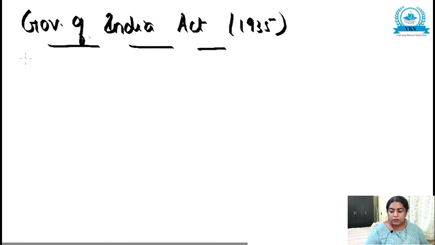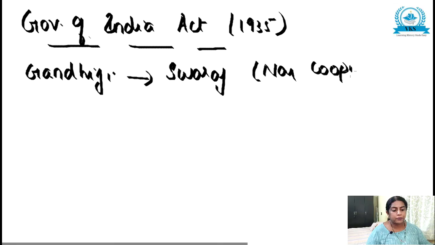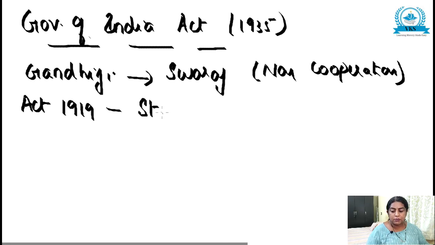So, Congress under the leadership of Mahatma Gandhi started agitation for Swaraj. The British government was responding through many acts, and Gandhiji started agitation for Swaraj, which he wanted to attain through non-cooperation. As per the Government of India Act 1919, a statutory commission was to